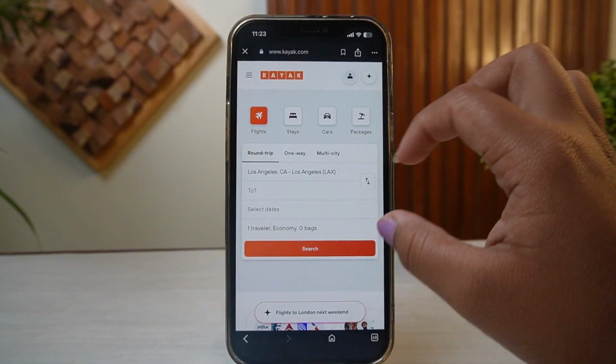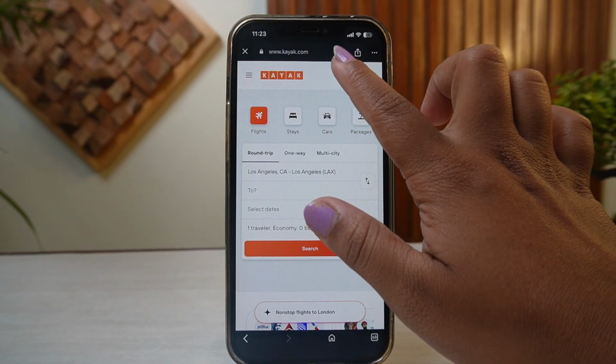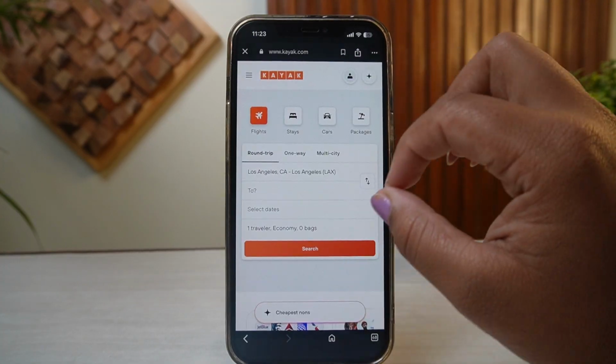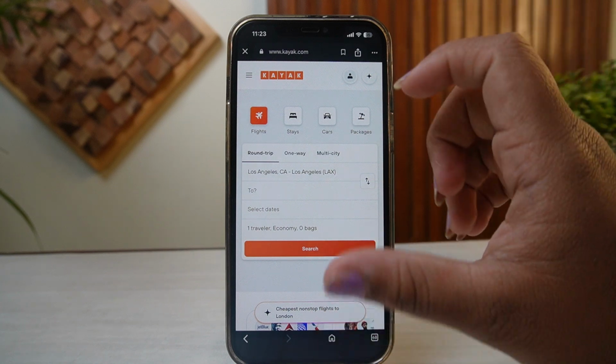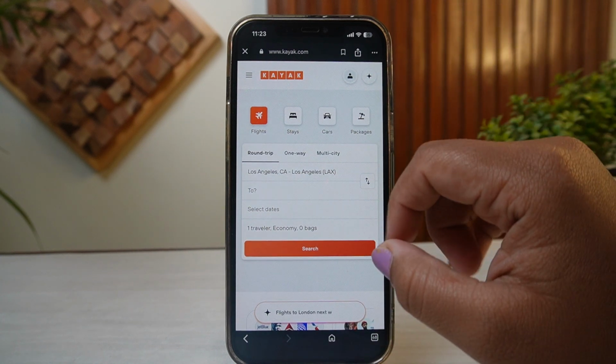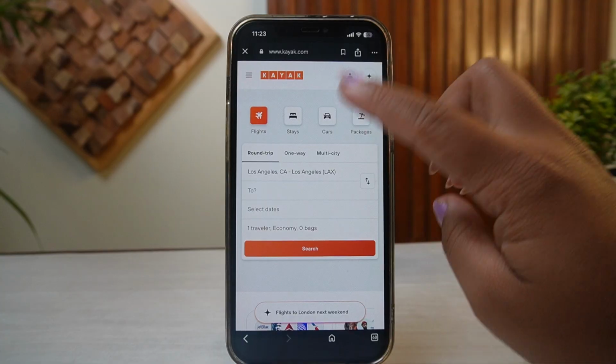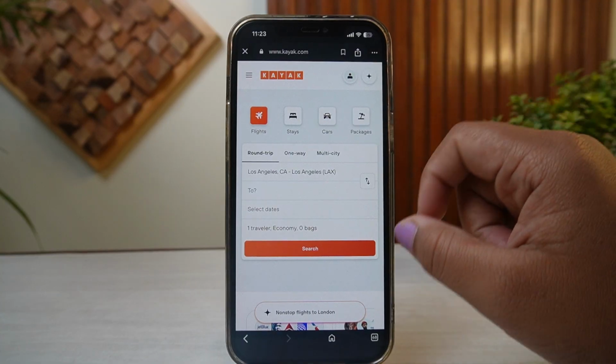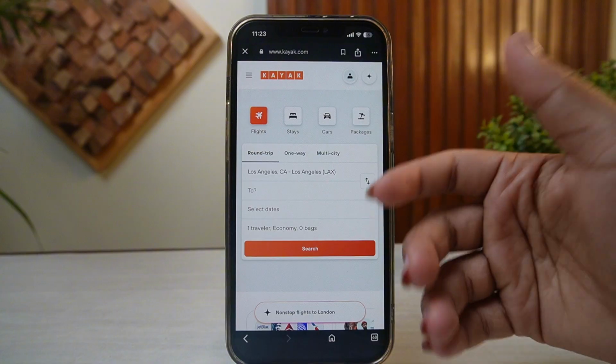After successfully logging into your account, you can again tap on that same profile icon, and when you're logged in, you'll actually be able to get into your account settings, where you'll be able to see the option of trips and price alert. Simply tap on that trips and price alert option,